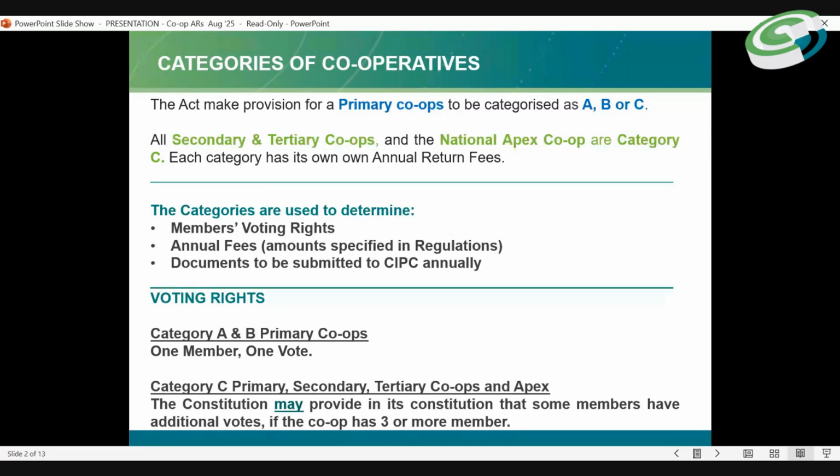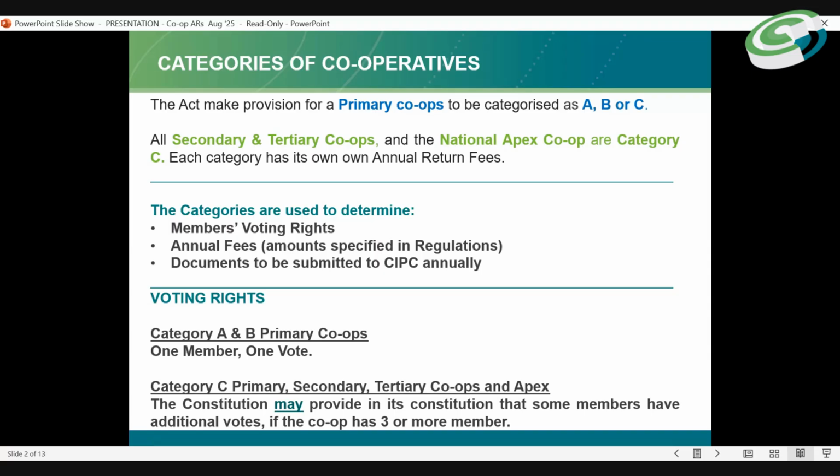These categories also bring in the issue of members' voting rights, the amount of annual fees payable by each category, as well as the relevant documents that are supposed to be submitted annually.